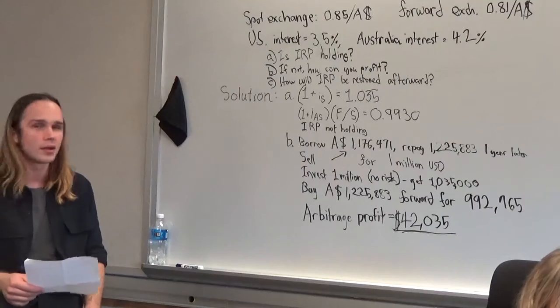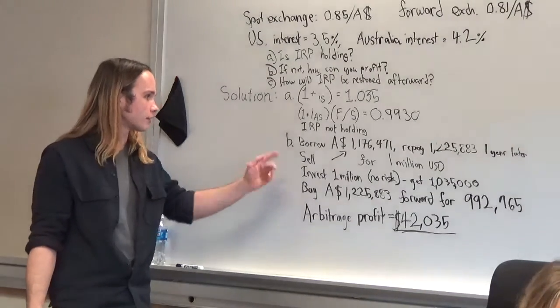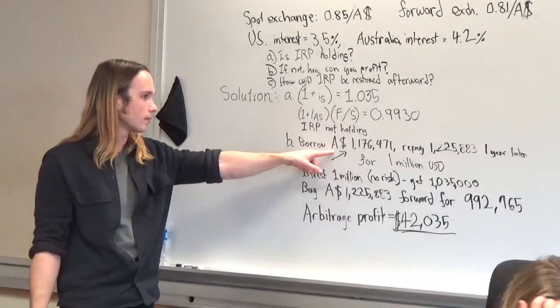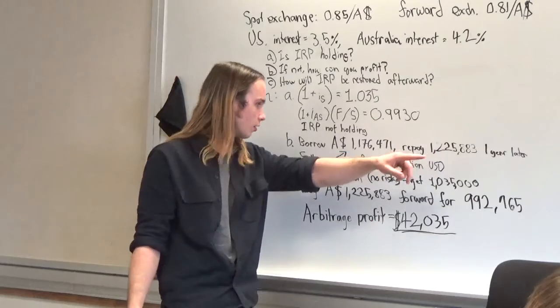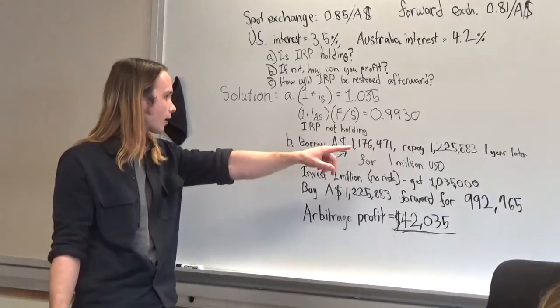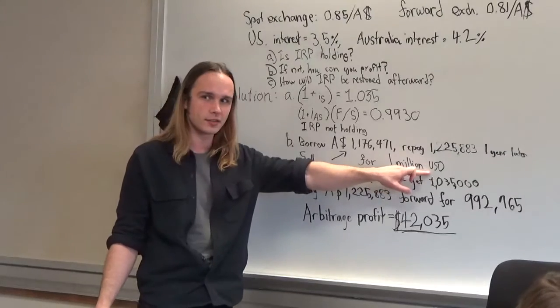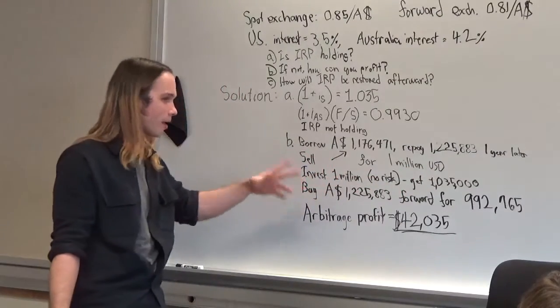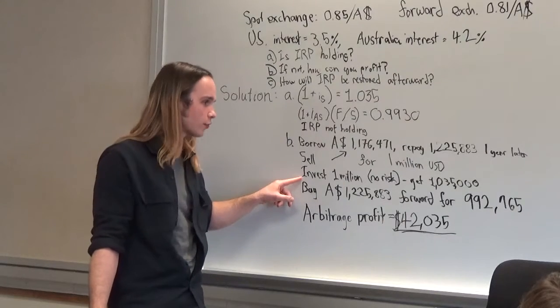We borrow the equivalent of $1 million USD in Australian money, and then we'll have to pay back that plus the Australian interest rate in a year. But before we pay that back, we're going to sell that loan we got for $1 million USD. So now we actually own that money, so we can invest it, and we invest it at the risk-free rate,